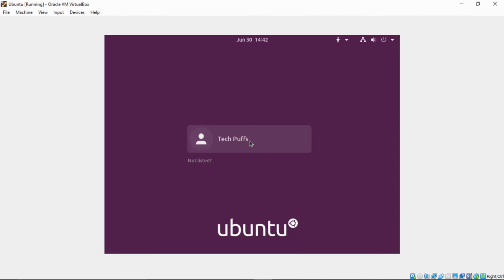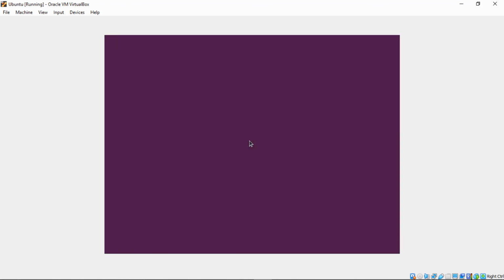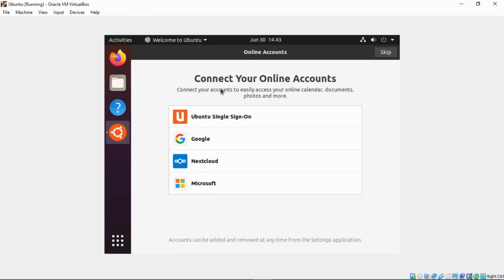So we have got the TechPuffs, and the password I gave was 123456, and I'll just press enter. And that's it. We have got our Ubuntu installation.